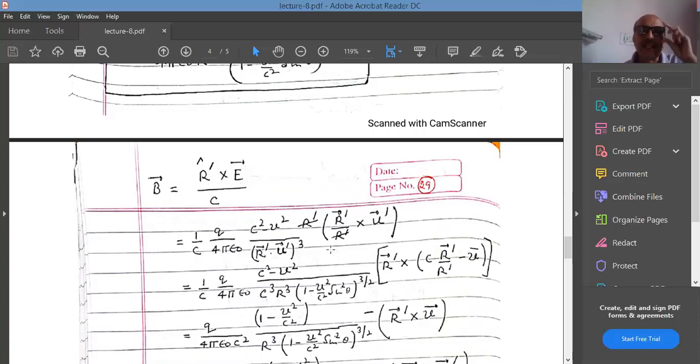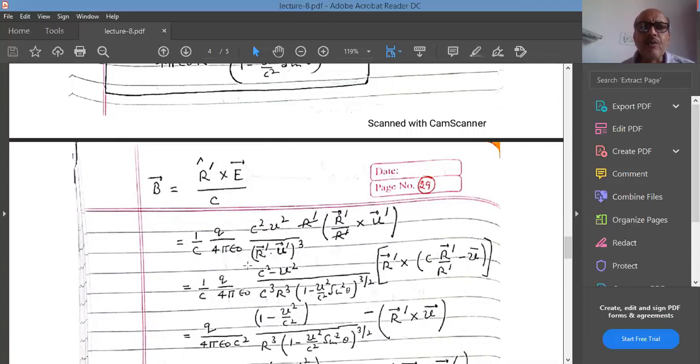So here, if you look at this, the value of U is C into R dash upon R dash minus B. The cross product A cross A is always equal to 0. A dot A is A square, but A cross A is always equal to 0. So if you replace this U dash by C into R dash upon R minus B and take it inside, what will happen? R dash cross R dash will give us 0, and we will be left with R dash cross B, and there will be a minus sign also. Because of this minus sign, all other terms will remain as it is.